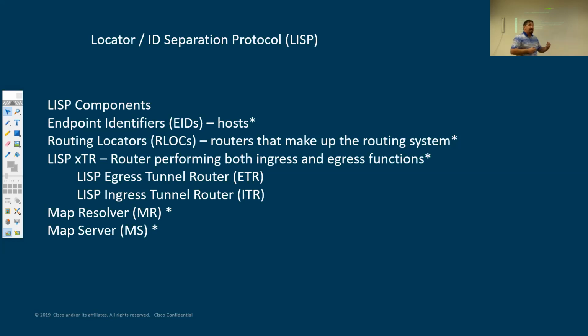When it reaches that egress tunnel router, they'll strip off the external header, and we'd be left with just the endpoint identifier, and I will deliver it correctly to the right end host that we're looking for. Okay? So important to recognize some of these LISP ingress and egress tunnel routers. If it's on a device that is connected outbound, that's not a part of the LISP environment,